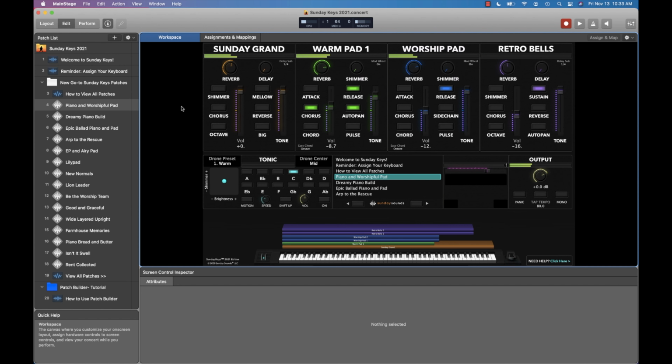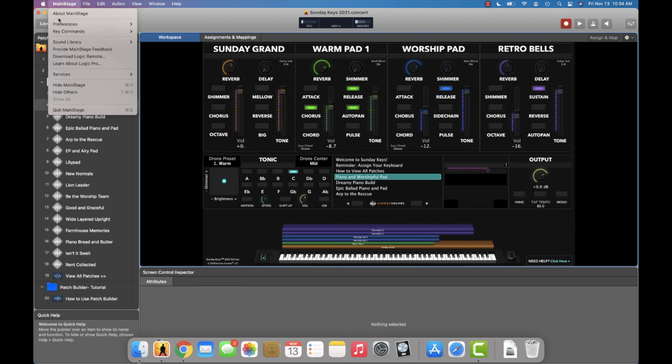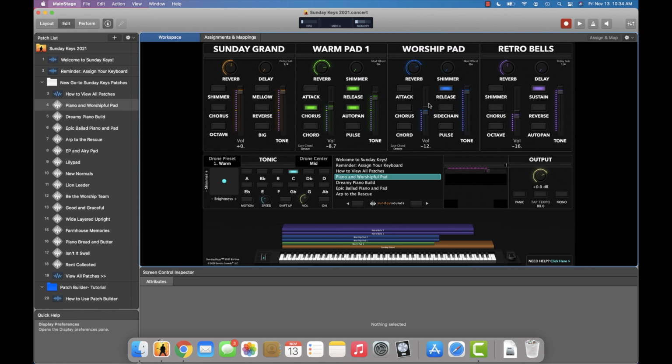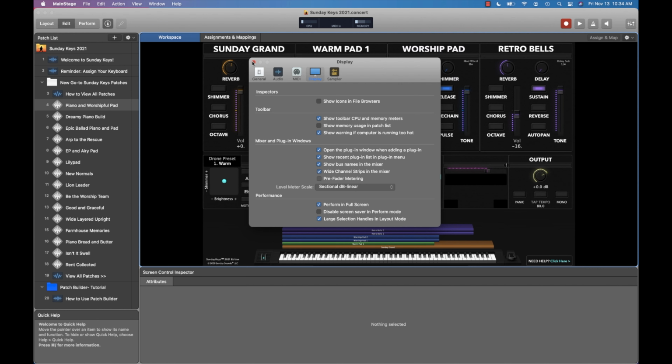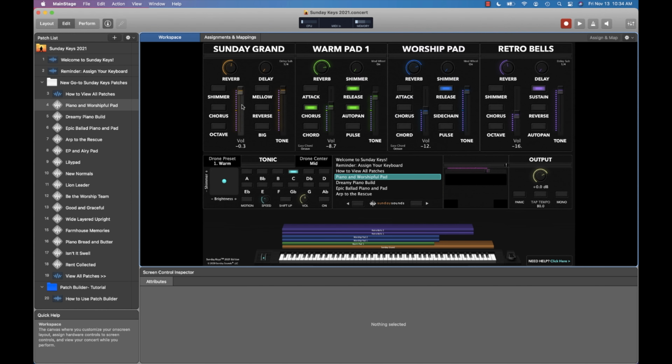I do notice MainStage 3.4 included a couple different options for how the GUI was drawn. You could use OpenGL, which is an older protocol, or you could draw using Metal, which is what gave everything this weird sort of luminosity. In 3.5, we see that that is now the norm. There's no longer the option to draw using OpenGL, which is fine. But I do notice a little weirdness here.